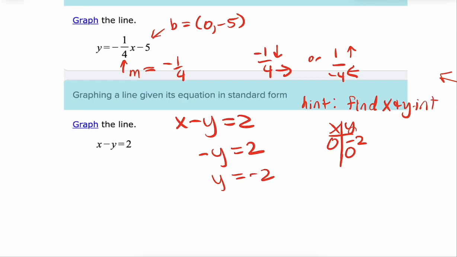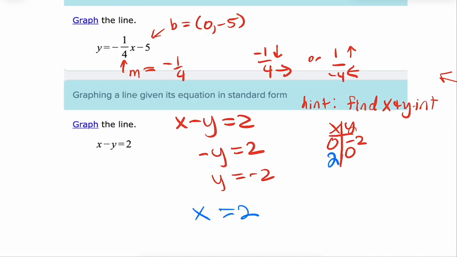Now, in the opposite direction, this time, look in my chart. This time I want to make the y 0. So this time my y is going to go away. And look how great. It instantly turns into x equals 2. And so I try to use my 0, 0 chart anytime they're dealing with standard form. It's just going to be a quick process because you can solve for those things really, really nicely if it's